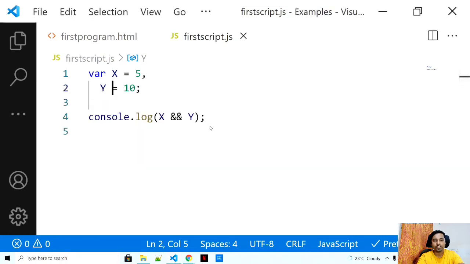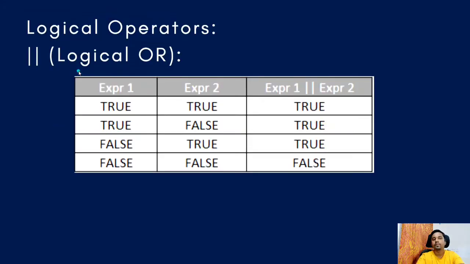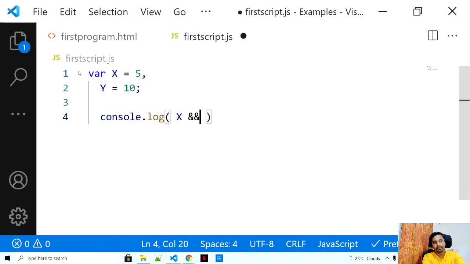Next, let's jump on to our next logical operator, that is the OR operator. If I change the same condition to an OR, what an OR condition does is, it will just have two expressions. It will check the first and second expression, but remember this: if any one condition is true, the answer would be true.